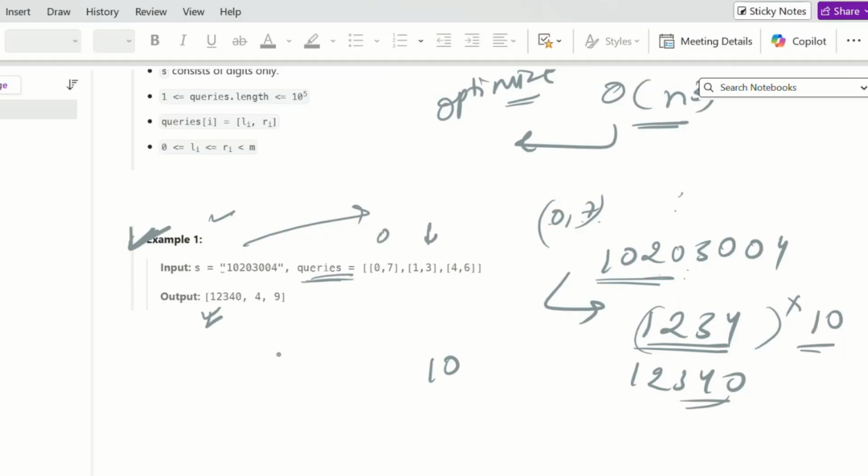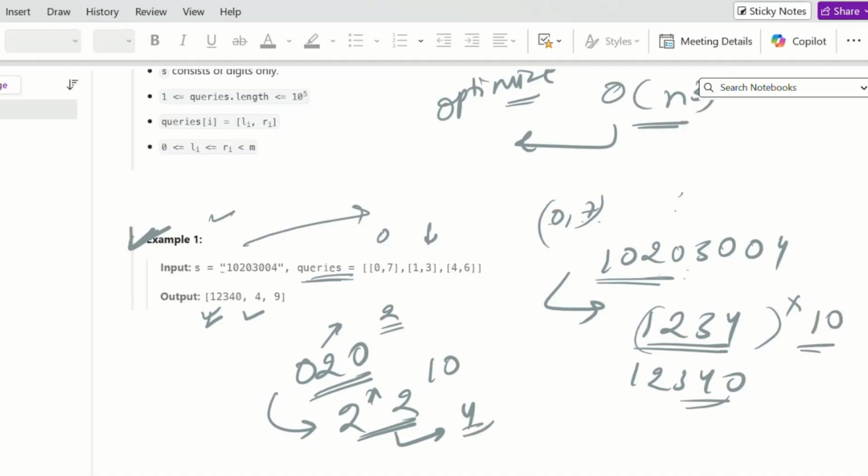Then for the one index query, we have 0 to 0. We extract the non-zero digit, which is 2. After extracting the non-zero digit, we sum it, so the value of sum is also 2. We multiply this value with the sum value, so it is 4. So we can return 4. We do the same for the next query and we get 9. So the question here arises: how can we optimize this?